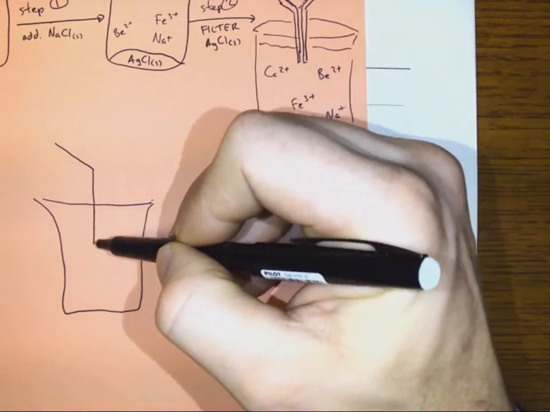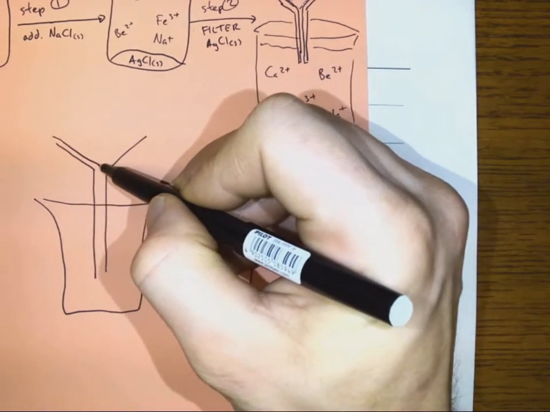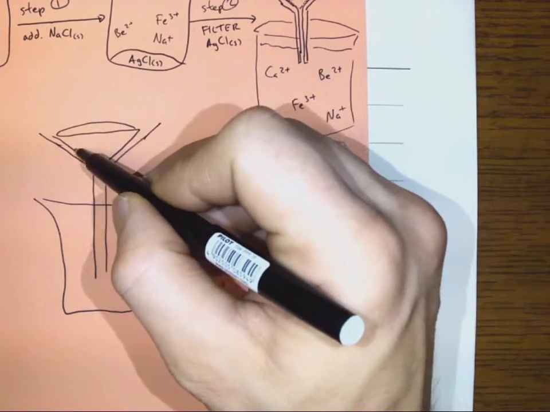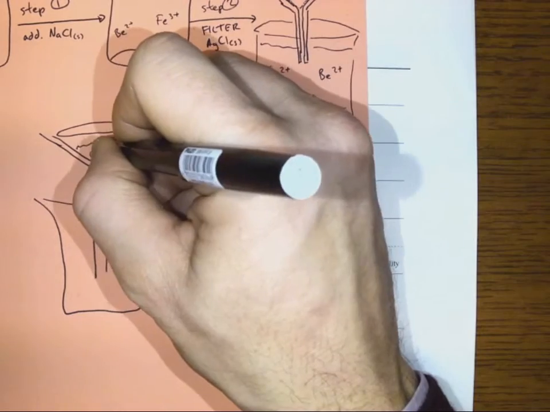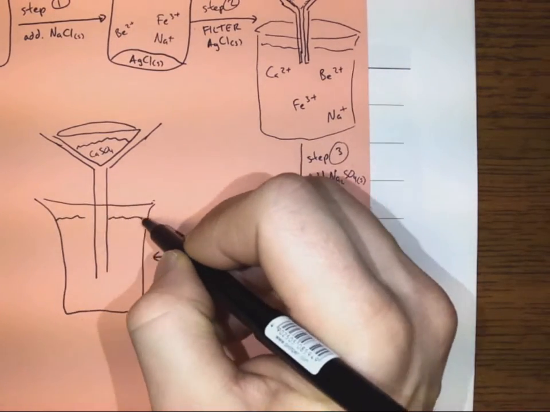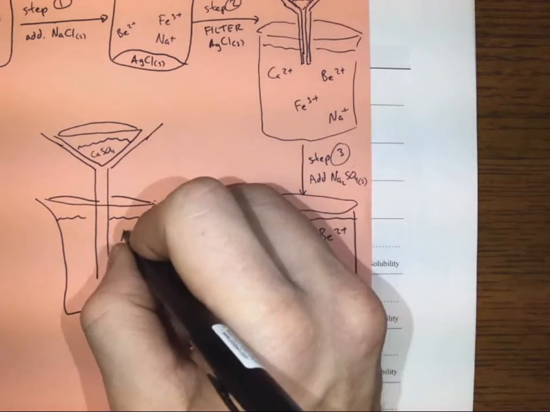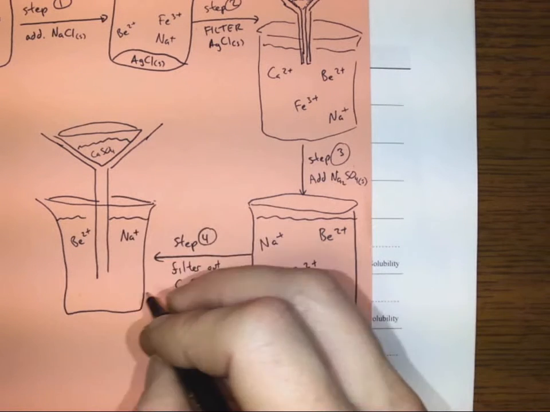It's going to be a simplified version. And so we'll have this filter. And I'll have all of our calcium sulfate in it. And in our solution, we're only going to have our sodium and our beryllium and our iron